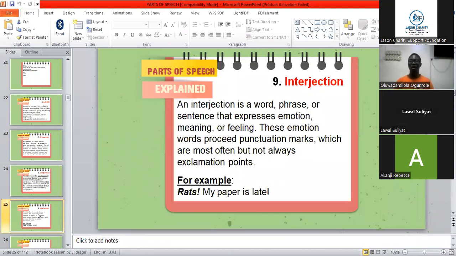So that is the end of this class today. So my assignment will be that for all the parts of speech that we have explained, you will give 5 examples as used in sentences. So it means for now, you write 5 sentences, you use nouns in them, and then identify the nouns you have used. And then you move on to pronouns, you move on to verbs, you move on to adjectives, and so on, all through to interjection. So subsequently, when we meet in the other class, we'll talk much about some of this part of speech, or we'll bring in another topic so that we can enjoy